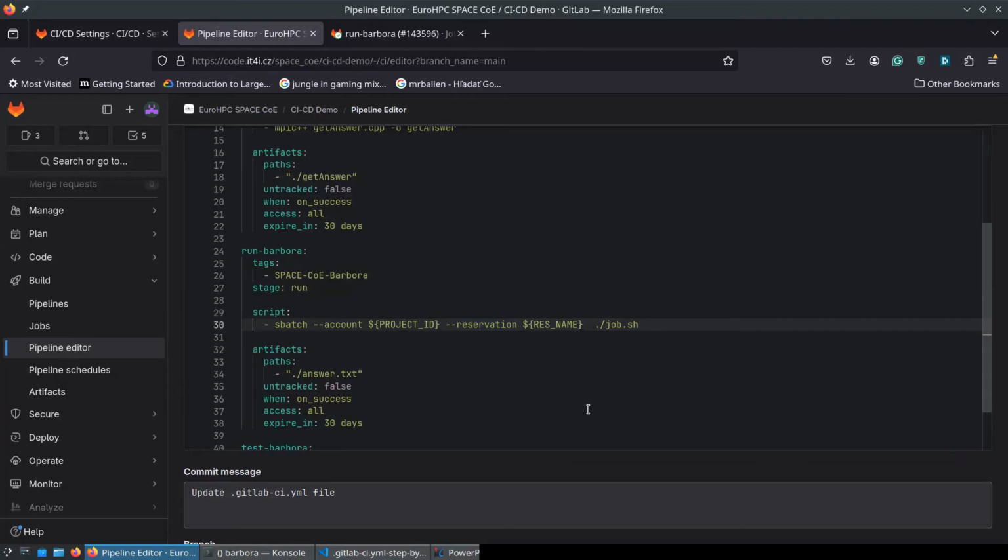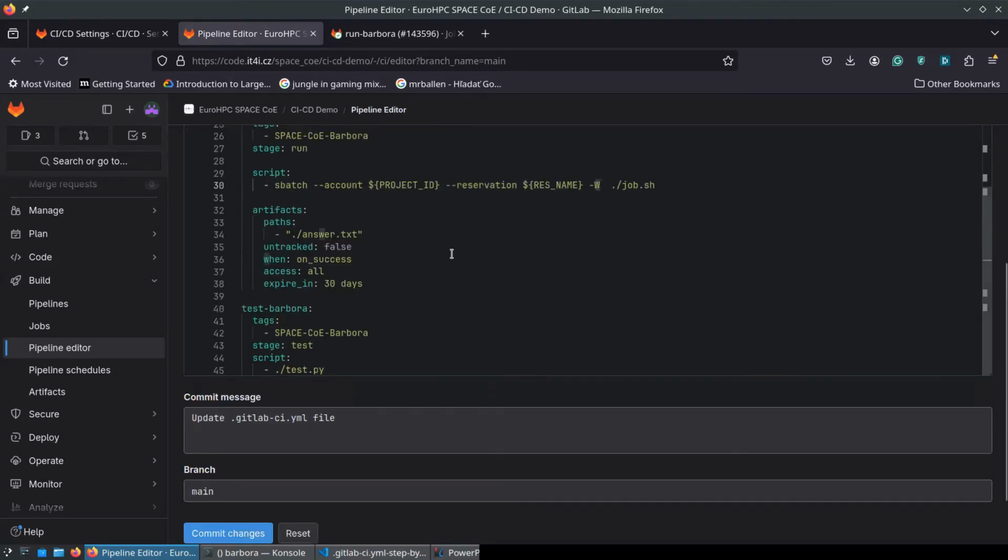So the way to prevent this, we need to use -W in case of sbatch. This will ensure that sbatch will not return until the job has really finished. So it will block the entire pipeline until the job has really finished. So if we try it now,